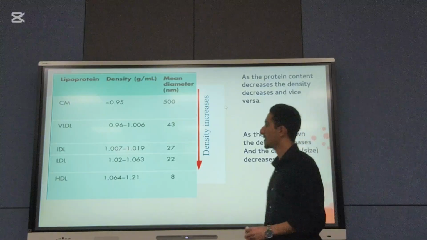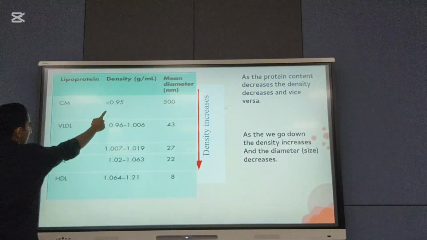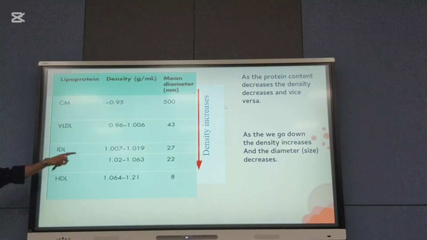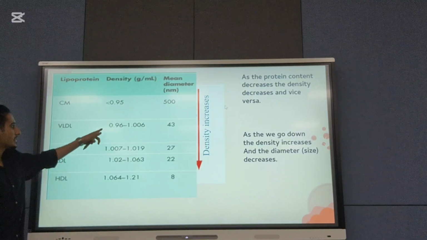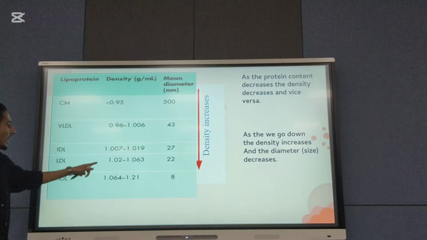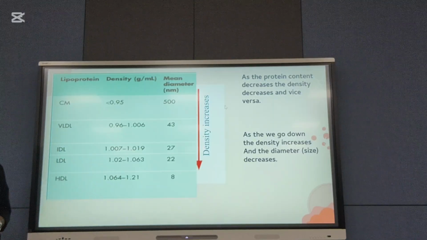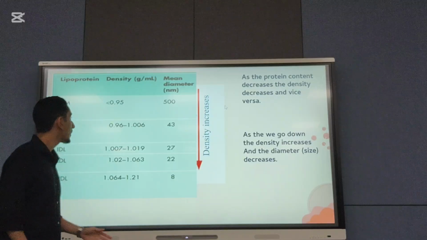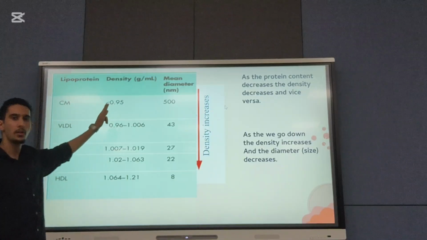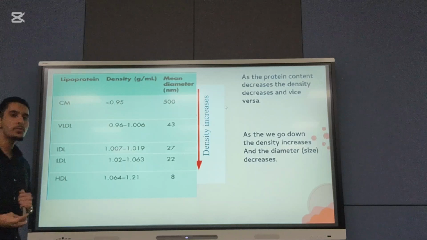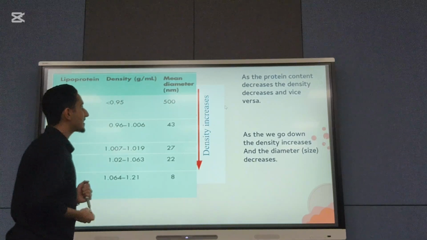This is the density. Chylomicron is less than 0.95. VLDL is a bit higher. LDL is a bit higher. And the highest density is HDL. HDL has the highest protein content. On the other hand, chylomicron has the lowest protein content. One more thing we need to know is that